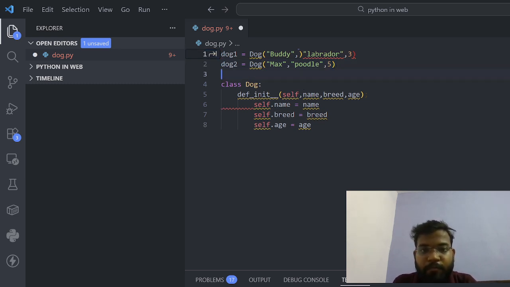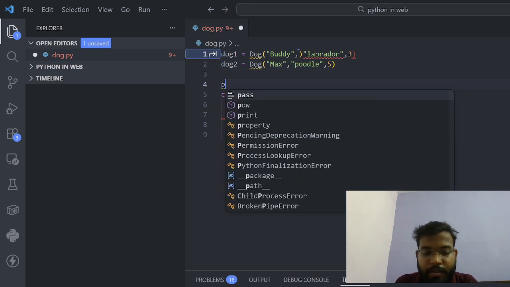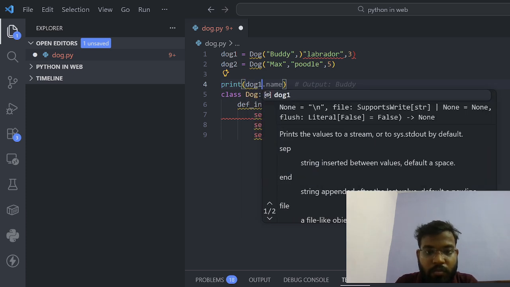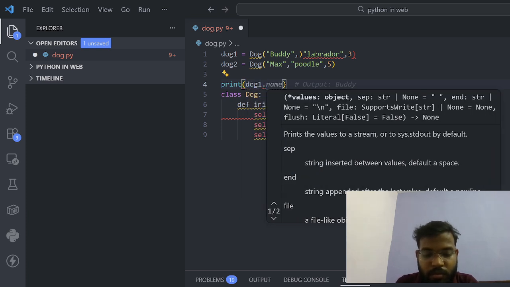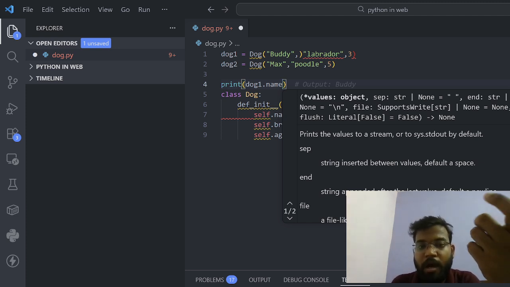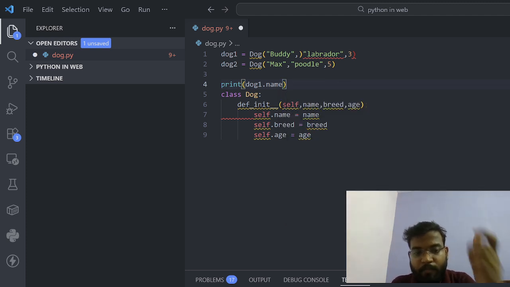Now we print dog1.name. When we print dog1.name, the output is Buddy.